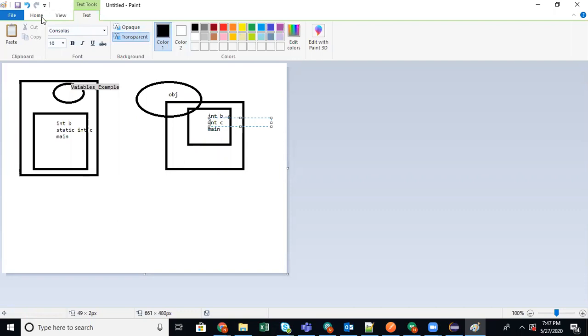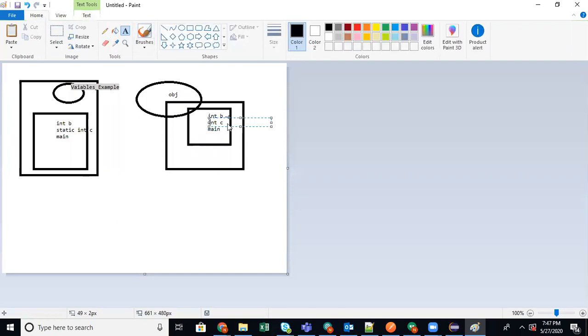You will get confused. Remember, it will take only a copy of the instance variable. So obj.b, like that you can call. Then main method is static, so you can leave it off.